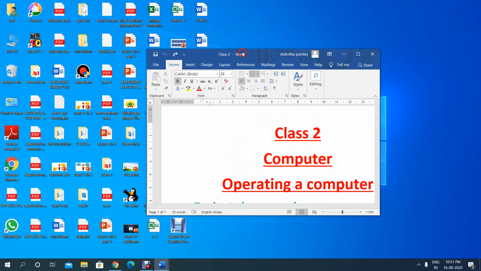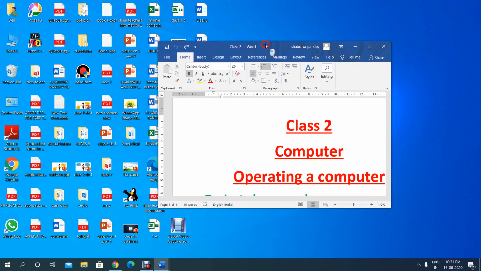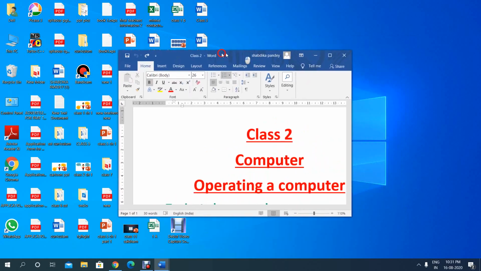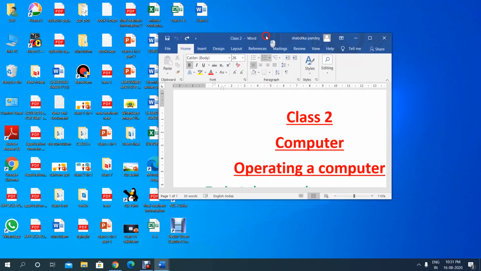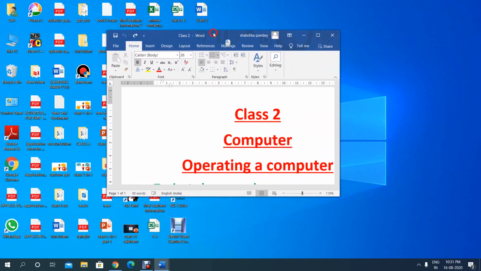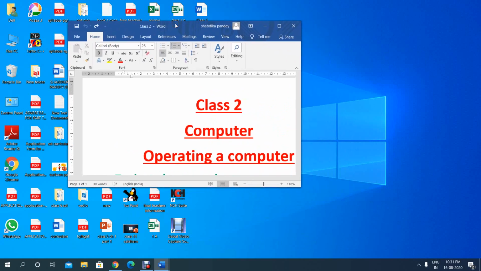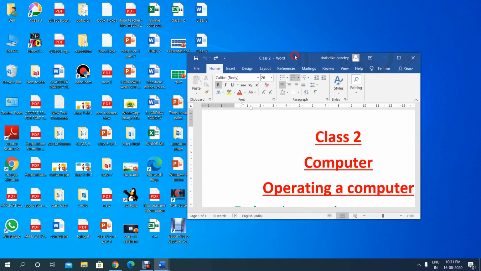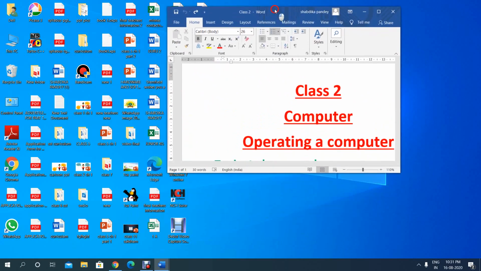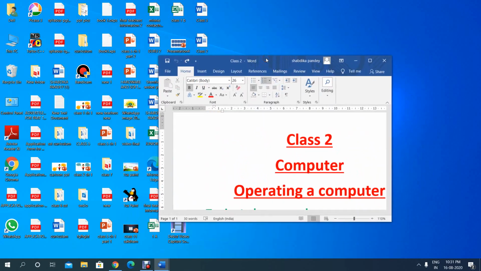You have to first click on the title bar. The topmost blue layer is known as title bar. So click with the left mouse button on the title bar, and without leaving this button, move your mouse like this, so that you can move your window from left to right, right to left, and from top to bottom and from bottom to top.